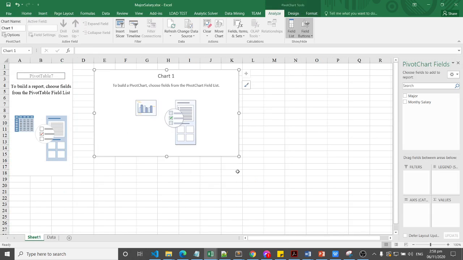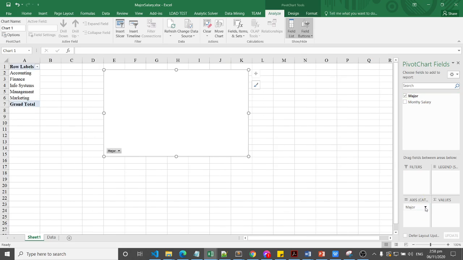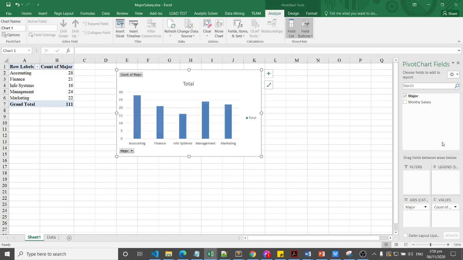So in our pivot chart fields, we have to drag and drop the major to the row area, and then the major and the monthly salary to the values area.